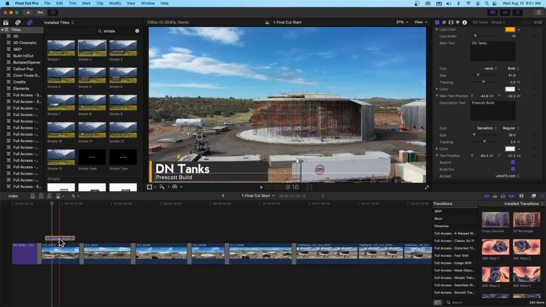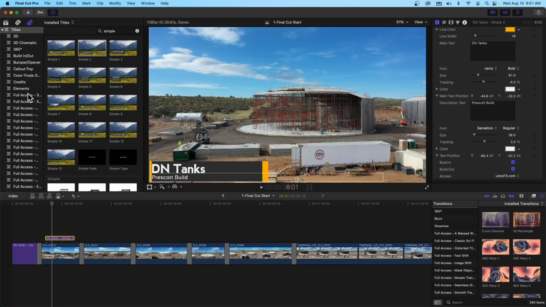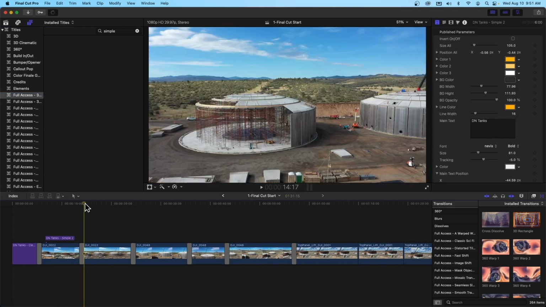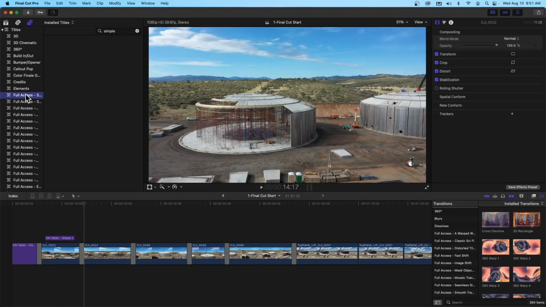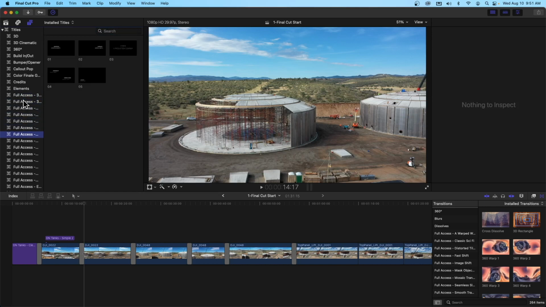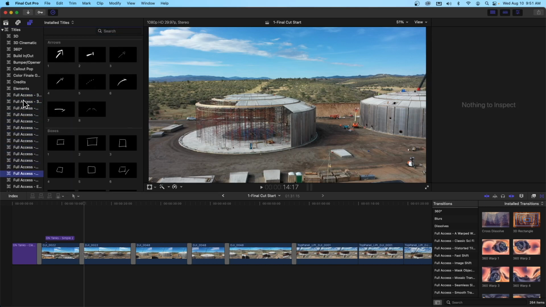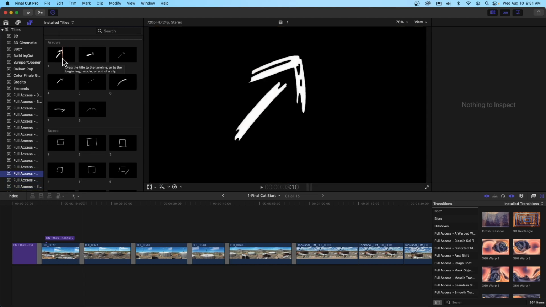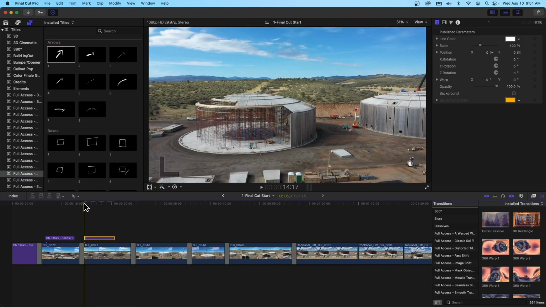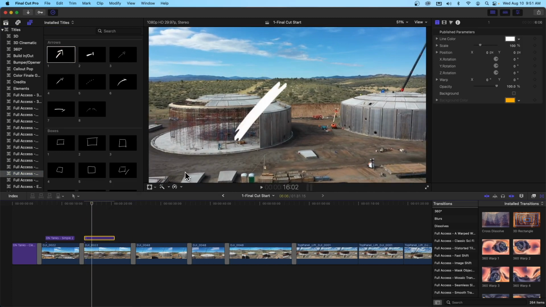So here's our first title. We have options for many, many other titles, as I was saying. And let's see here. Let's get off of this one really quickly. And let's go look and see what other titles are available to us. So with one of the companies that I purchased titles from, they have a ton of title options and some cool stuff too. Want to drop an arrow in and point it at one of the tanks? You can do that. Let's see. How do we do that? Let me get that right there. And let's get over it. All right, there is our